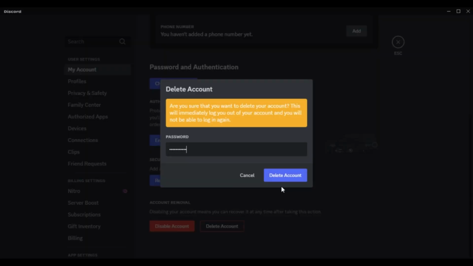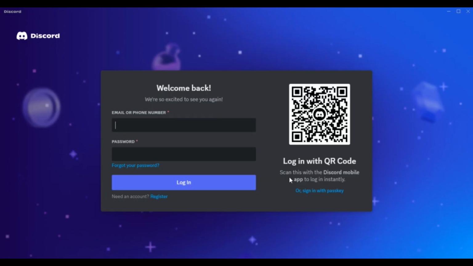After that, you'll be able to find the option for delete account over here. All you have to do is click on it. Now your account will be deleted. So that is how you delete Discord account